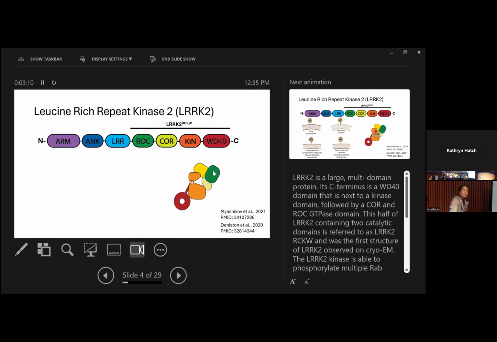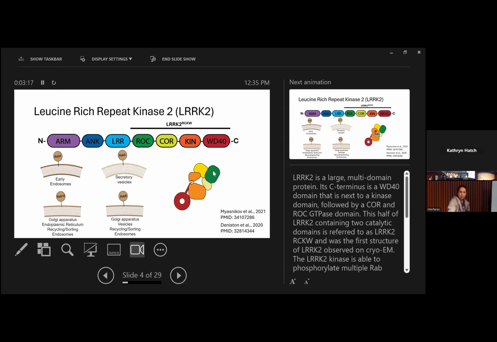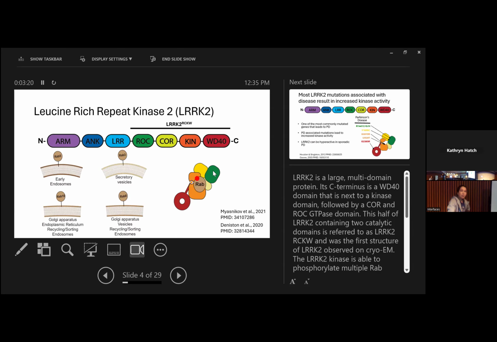And so I'll be referring to this catalytic half of LRRK2 as RCKW sometimes down the line in the presentation. So this kinase phosphorylates a bunch of different substrates, but really just RABs. It can phosphorylate RAB5 and RAB3. RAB3 specifically is very common in the brain. It's probably the most prevalent substrate in the brain because it's part of secretory vesicles. But it can also phosphorylate RABs that are on membranes in the Golgi apparatus, on the endoplasmic reticulum, and early